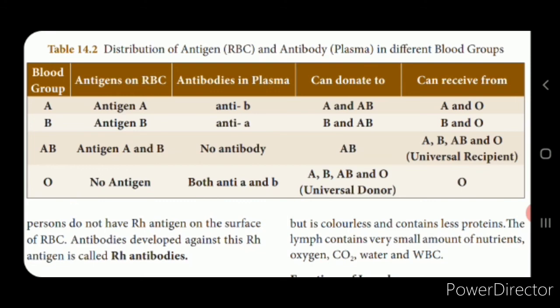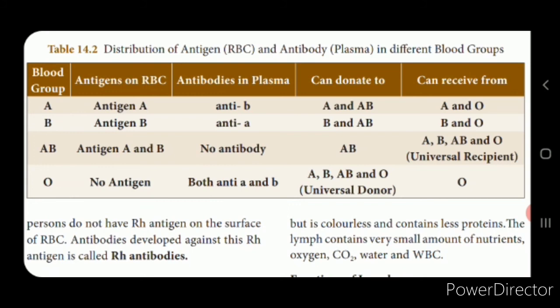And now these blood groups are divided on the basis of the presence and the absence of the antigens or the antibodies. Now, where are these antigens present? These are present on the membrane surface of the RBC, that is the red blood corpuscles. On the membrane of the red blood corpuscles, you can find the antigens. Now, antibodies are present in the blood plasma. We said that the matrix, isn't it? So, based on this, this is divided into A, B, AB and O.